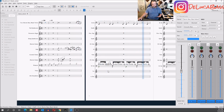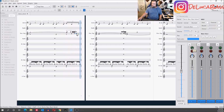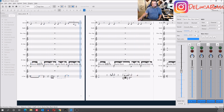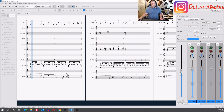Now it sounds cheesy, but I don't care about that. I'm just there to get the bass notes. So you got that right. But if you just want the bass line, with the software, you just hit the solo button. You got not only the ISO bass part, you got all the notes along the top. So you can figure out your bass part, those hard to find bass parts, or those tough bass parts you couldn't figure out. Now you got to search around on the internet for